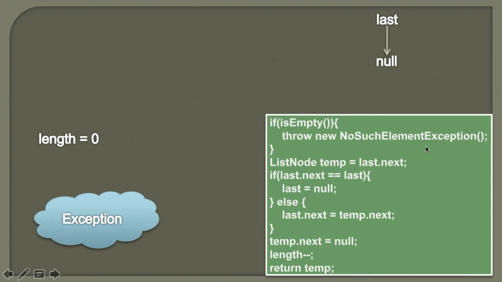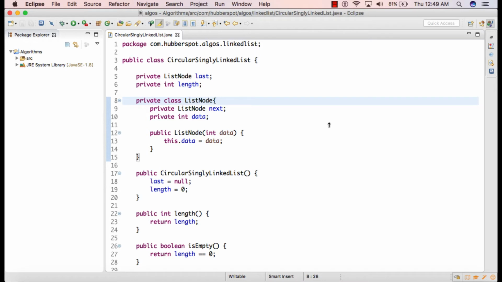So friends, here we saw the demonstration of the algorithm. Now let's go to Eclipse and see the working code. So friends, in my previous tutorial, we created one class by name CircularSinglyLinkedList, and we implemented the code for the circular singly linked list in that particular class. To understand the working of the circular singly linked list, you can watch my previous tutorials. And here you can see we are keeping track of the last node through the instance variable last, of type ListNode. So in this tutorial we will write the code to remove the first node from the circular singly linked list.